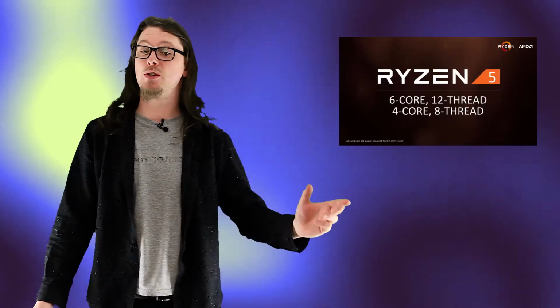Good news for music producers on a budget. AMD have released pricing details of their soon-to-be-released Ryzen 5 series, hot on the heels of the higher-priced 8-core 7 series. The 6-core 12-thread 1600X is set to release on April 11th, priced at $249, which is great news for those of us running tons of plugins and virtual instruments, looking to upgrade and save some money for a new